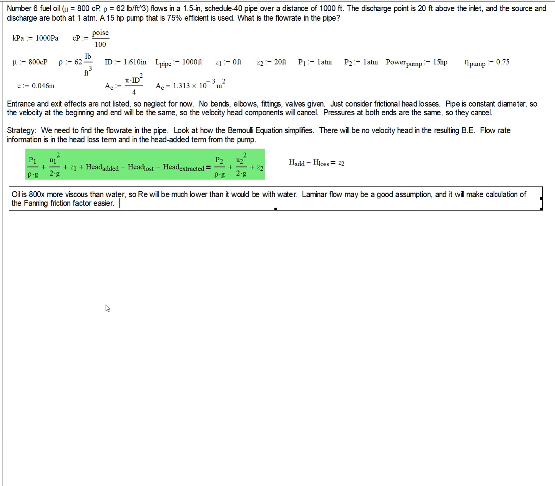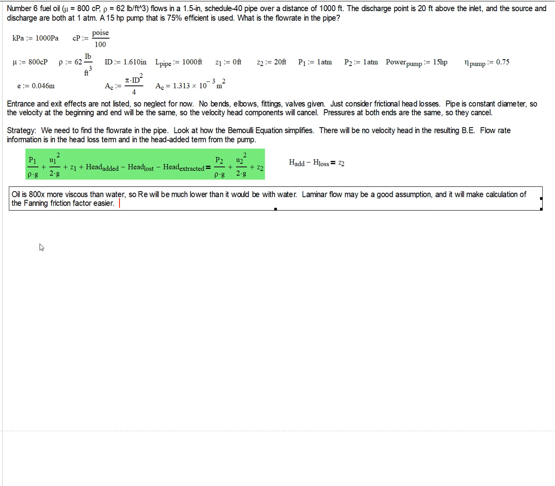So the first thing I want to do is start to calculate the head losses, and this is only due to friction. We worked another problem. What we found is that generally process flows involving things that have the viscosity of water are usually going to be turbulent. We've run into some cases where process type flows